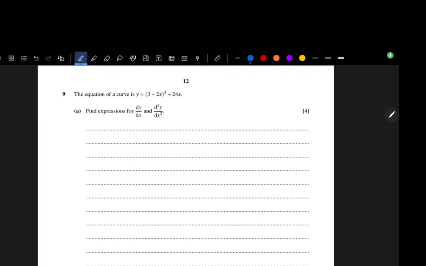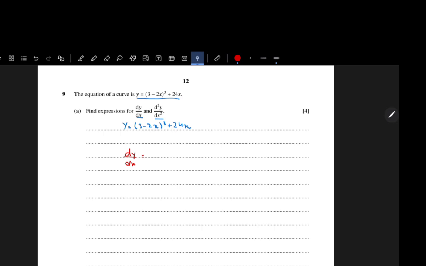This is CAIE A-Level Maths, Summer 2020, Paper 1, Variant 1, question number 9. In this question, we've been given the equation of the curve and we need to find the first derivative and the second derivative. We know that the equation of the curve is y equals (3 minus 2x) whole cubed plus 24x. In order to find the first derivative, we can write dy upon dx, which will be equal to